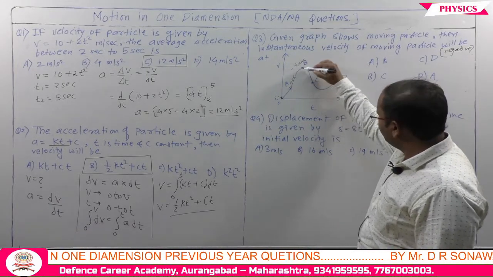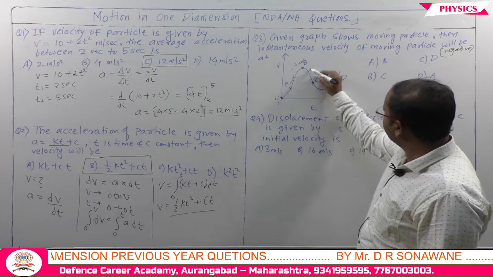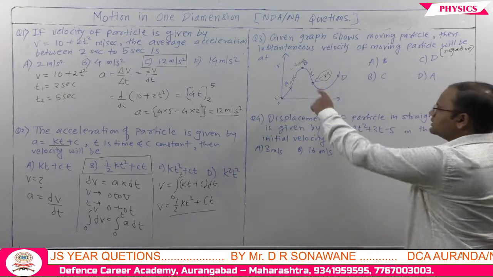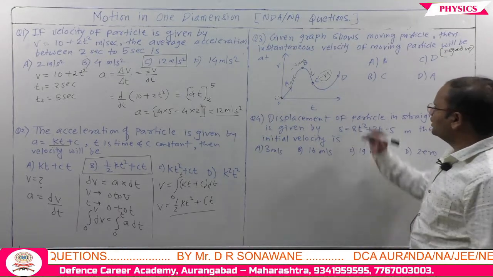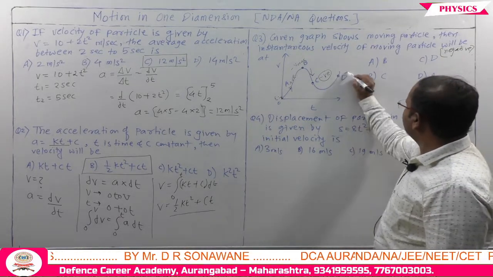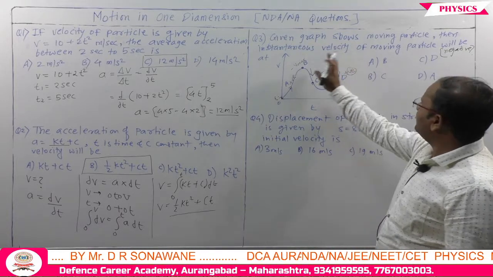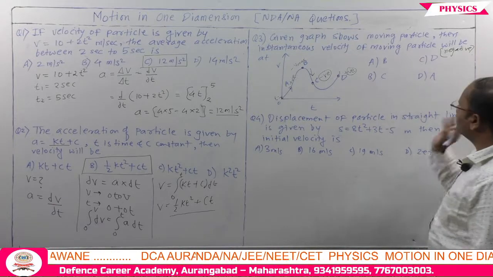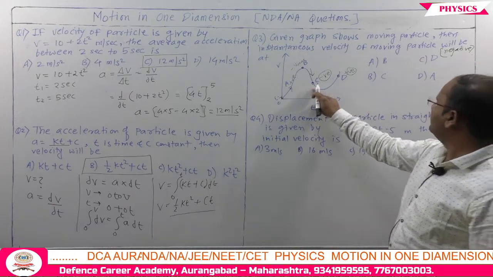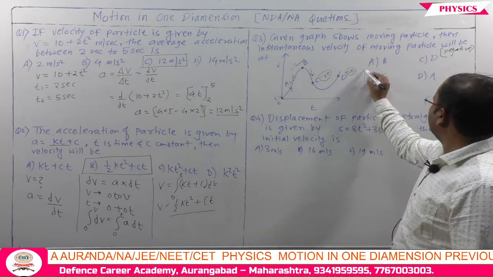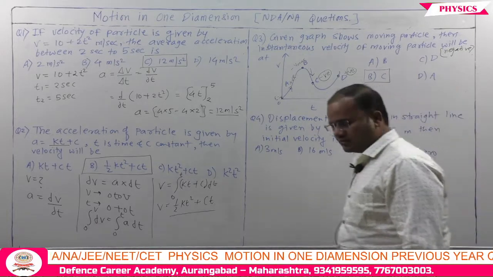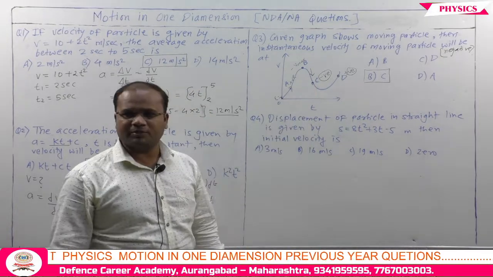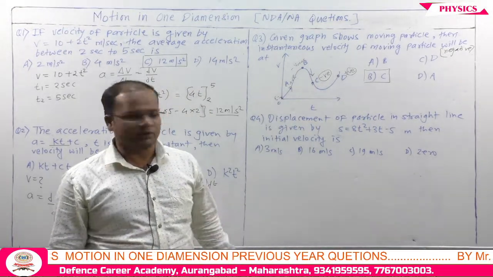But when we see this graph, point C shows a decrease in velocity, which means there will be negative velocity. So the instantaneous velocity at point C will be negative. Again, at point D it is positive velocity. Since they have asked where the instantaneous velocity of the moving particle will be negative, that negative value will be at point C. So answer B is correct here. Option B is point C. So at point C a negative velocity will occur for an instantaneous value.